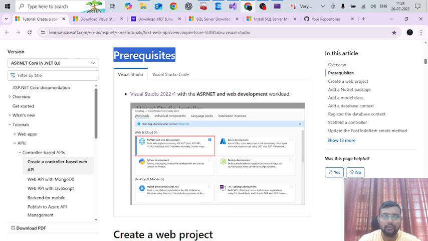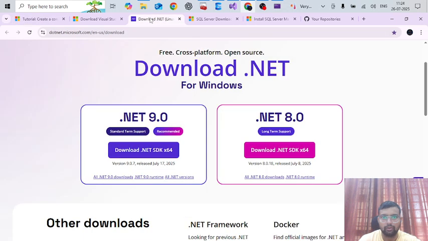And while downloading Visual Studio, make sure that ASP.NET and web development has been checkmarked because it's required to create your project. And once your Visual Studio 2022 has been installed, then you have to download the .NET SDK. So you will download .NET 8.0 because it's long-term support. Okay, so once your .NET and Visual Studio have been set up,